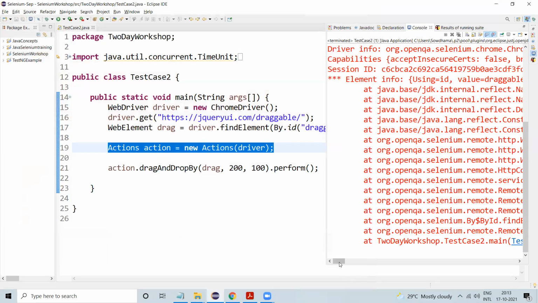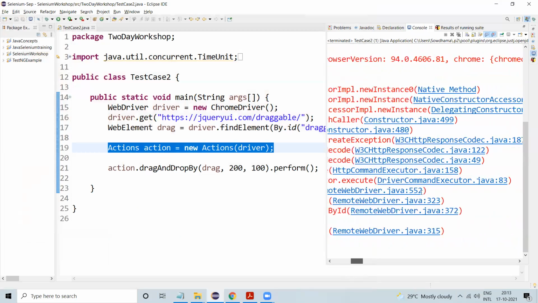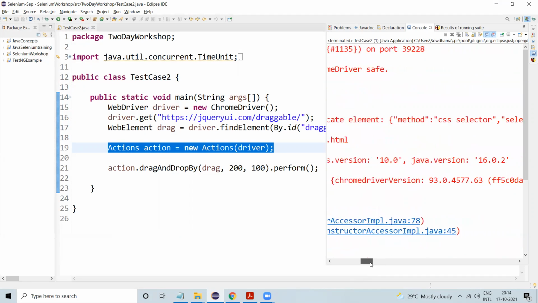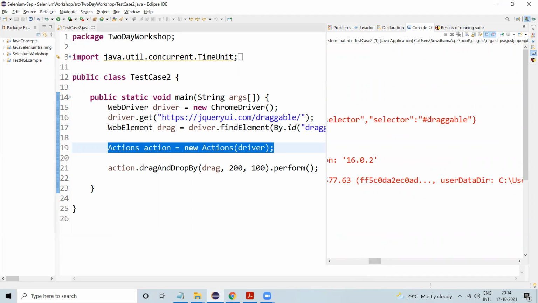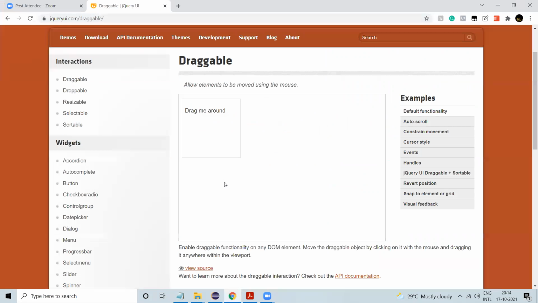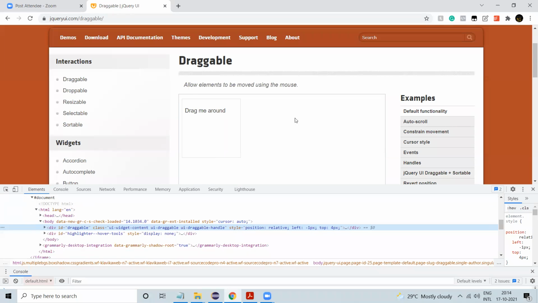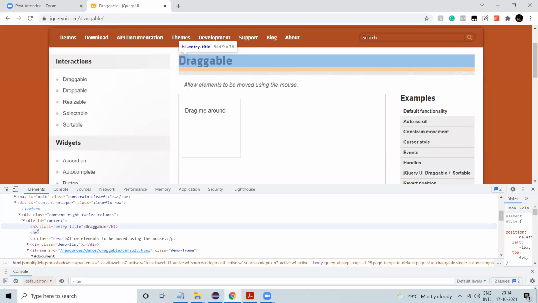Here it is throwing an error. NoSuchElementException: the draggable ID is not there. See, draggable is there for the particular ID, but why is it not identifying the particular element? Because here you can see that this element is not in the HTML page.